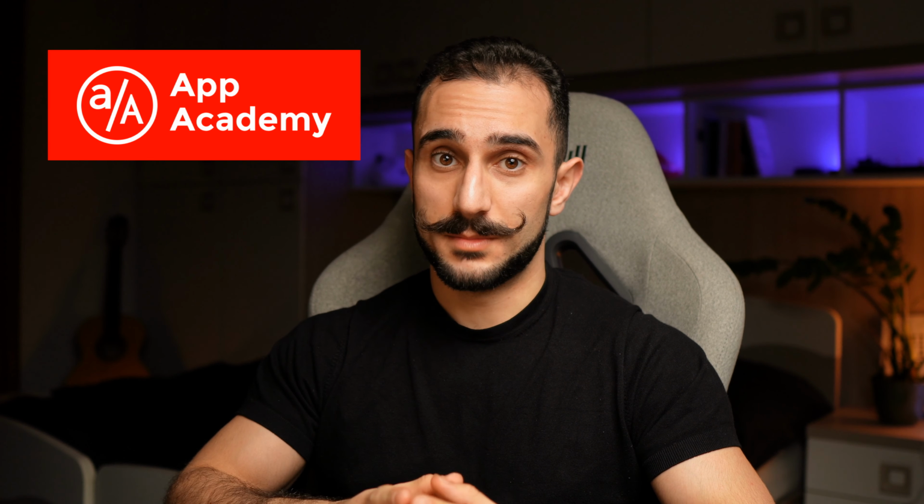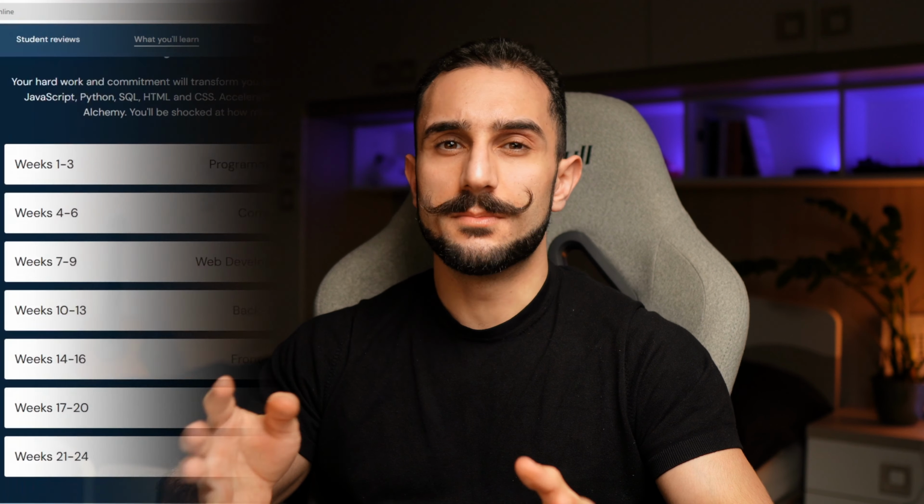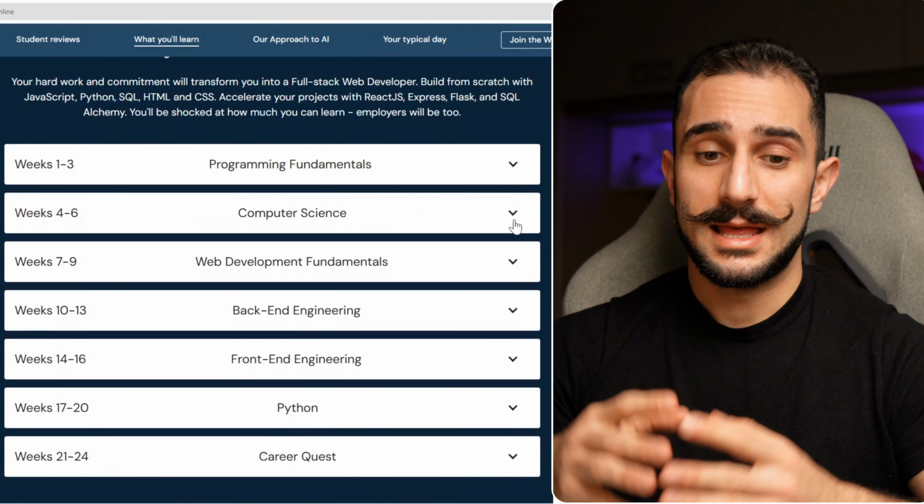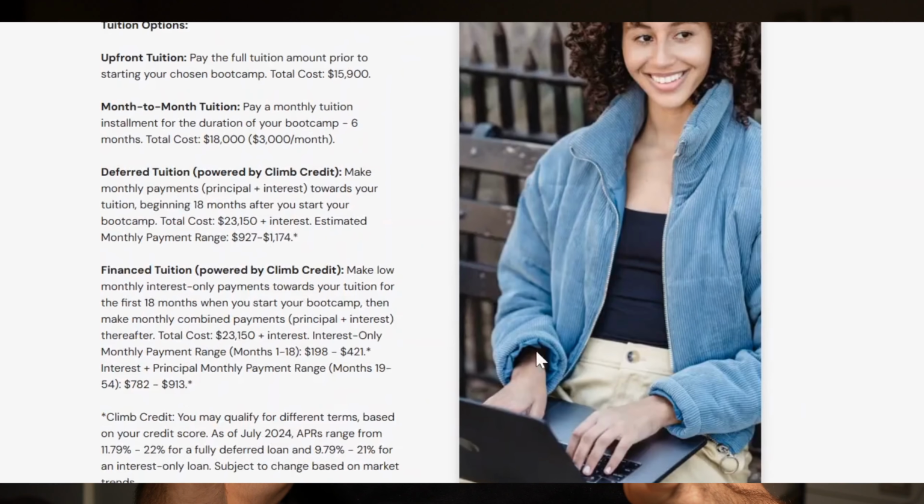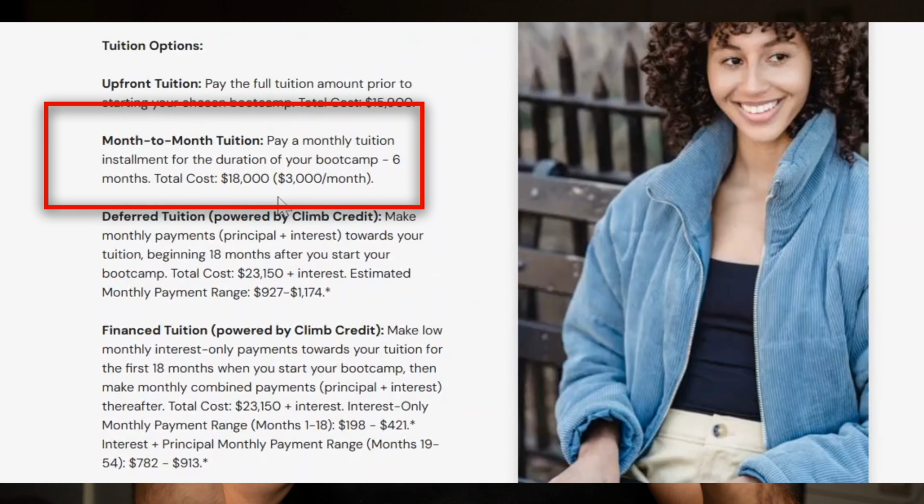So if you don't know, I'm currently following the App Academy full stack development course, which in my research is the most comprehensive course on full stack. Now, App Academy has 2 versions of this course. One is the normal one, which is quite pricey, and the other is App Academy Open, which is basically the same material, but without the support, the community, and the revision of assignments. And obviously, I'm following the open one. If you're also curious to join the App Academy Open course, I have a very quick tutorial on my Instagram account that you can watch and easily join this course.